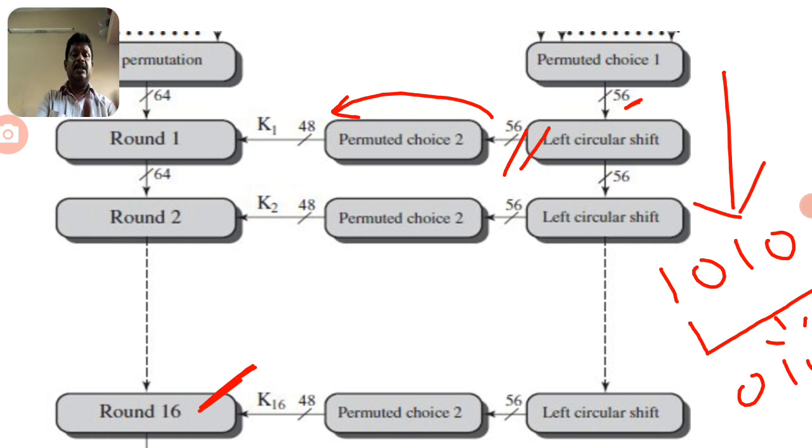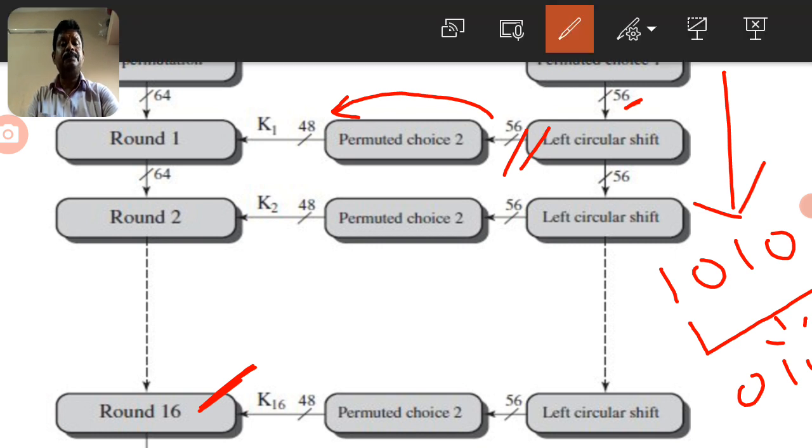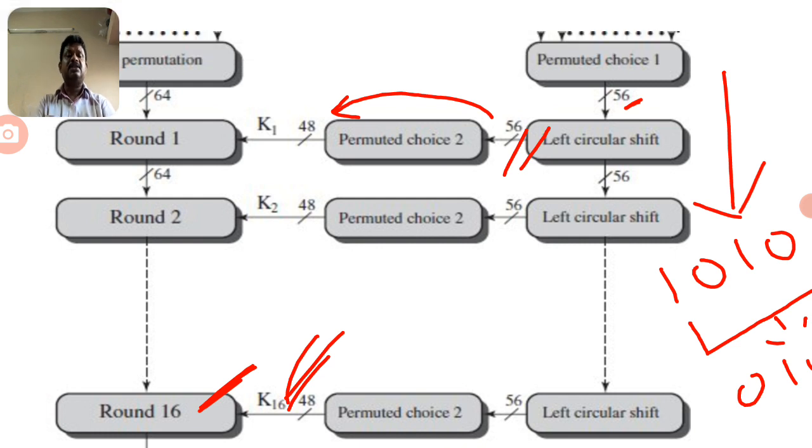Now we will observe in the key generation the number of keys derived here. So how many rounds are there? There are 16 rounds. So automatically each round takes one key separately. So that's why we can define that 16 keys are here. You can observe clearly, up to 16 keys are derived here. So that means the 16 keys are derived in this manner.